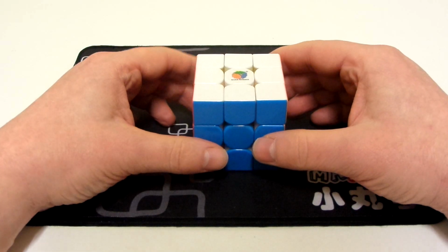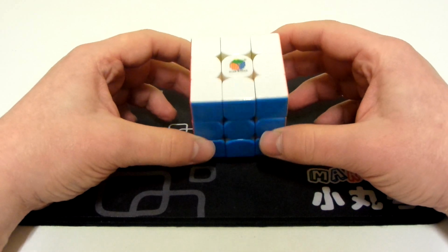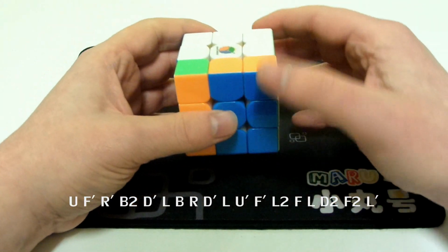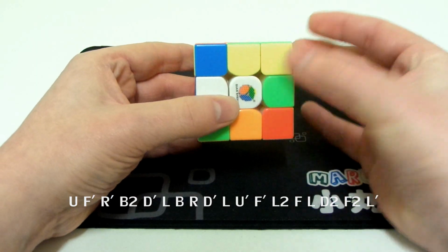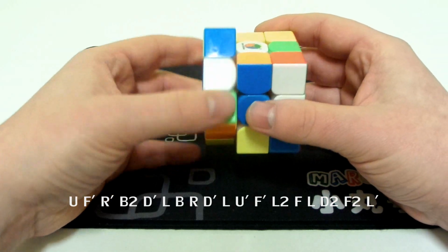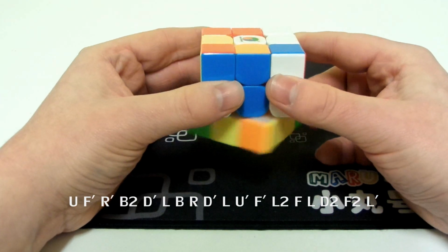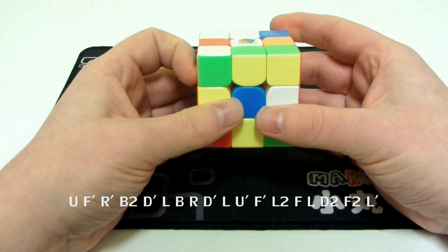In this video I'm going to show you how to make the Anaconda order 3 2 peaks pattern on a 3x3, and the algorithm is U, F prime, R prime, B2, D prime, L, B, R, D prime, L, U prime, F prime,